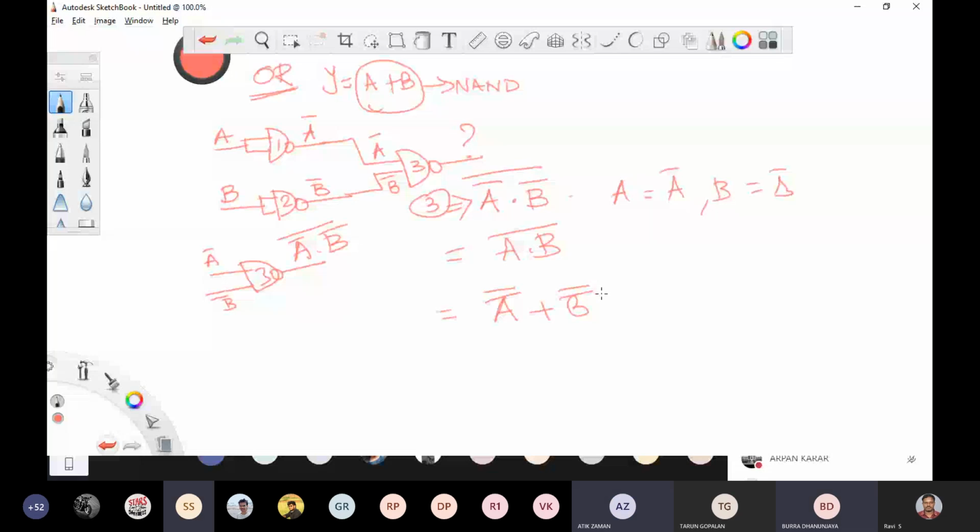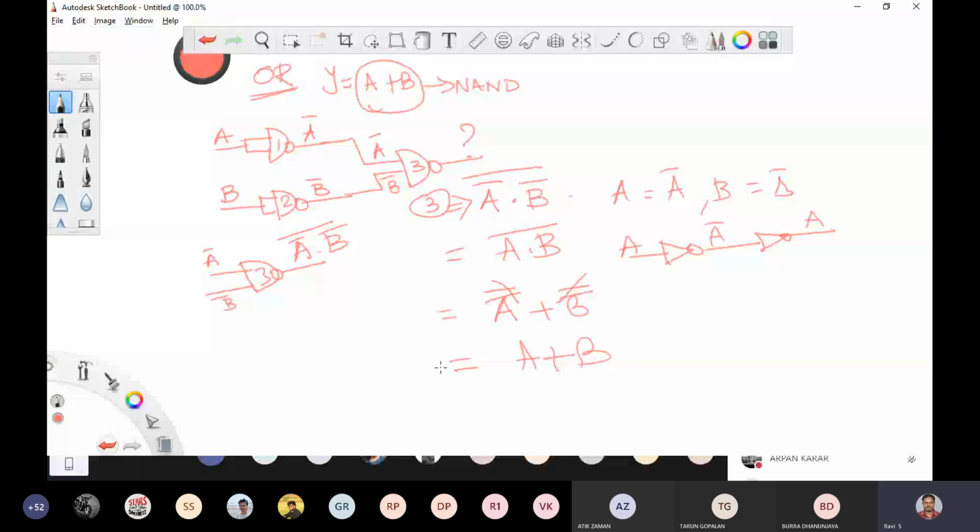No doubt. So now the double complement will be cancelled, correct? So I'm just connecting A, obtaining A bar. A bar is connected to one more inverter, so finally I'll get A. The A double bar will be cancelled. So finally I'll get my expression as A OR B.